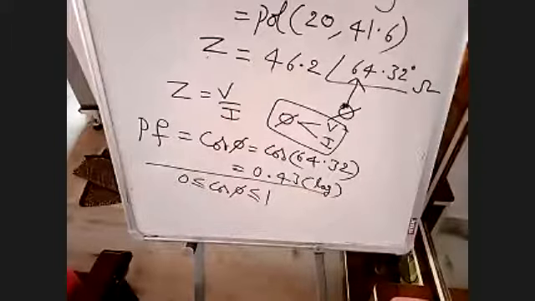Then what do you mean by that? It means there will be no fluctuations in the power. Sometimes we are getting fluctuations in the power. Sometimes the fan will rotate very slow due to low voltage. That type of low voltage will not be there. If power factor is approximately equal to 1, if cos phi is approximately equal to 1, or if it is greater than 0.5, your power quality is very, very good.